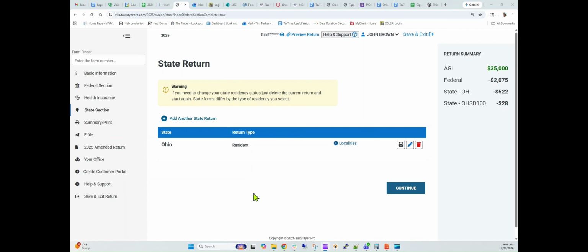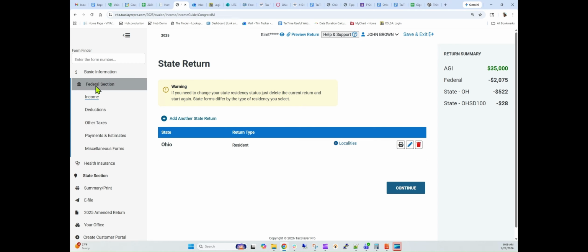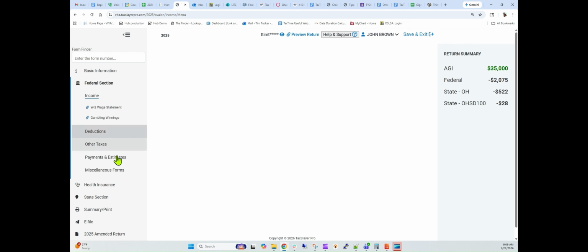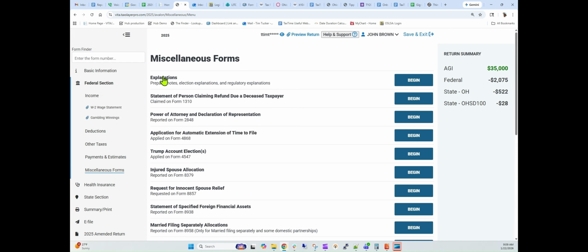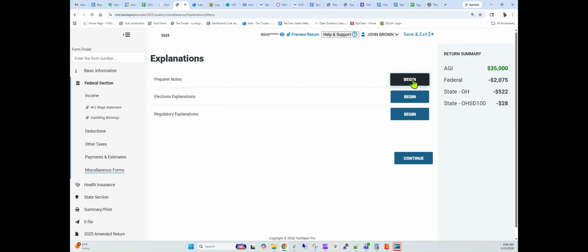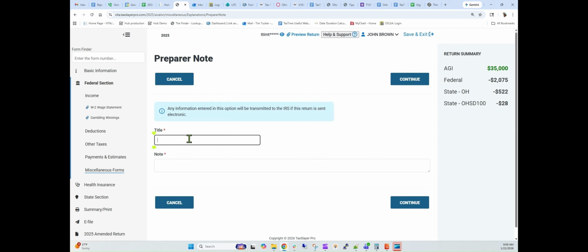When we're doing something other than the default, it's a good idea to include a preparer's note as a reminder to the taxpayer what was done, and for the quality reviewer, and for anybody in the future who needs to look at this return and try to recreate what we did. So in this case, I will go to the federal section. And under federal, I will click under miscellaneous forms. And under miscellaneous, I will click on explanations and add a preparer's note. And I will title it SD 100